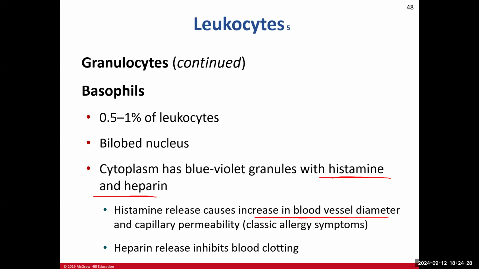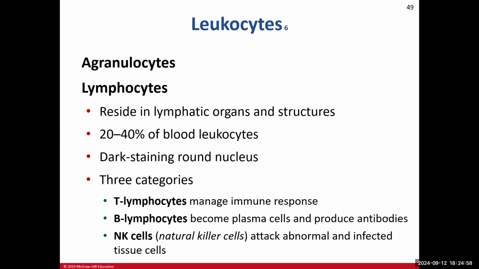So we want to increase blood flow because we want to get more supplies there. We want to get more stuff to the site where this potential infection or injury is occurring. And then we want to make sure that we're not clotting. It's like one of you has an injury here and that requires immediate medical attention. None of us can help you, right? EMTs are on their way, and one of you goes and closes the door. Then you can't come in here. We're clotting the room, right? So heparin prevents that from happening. We don't want to clot the blood until we can get more of our emergency personnel there. Okay,